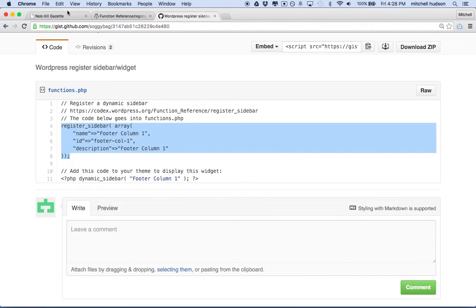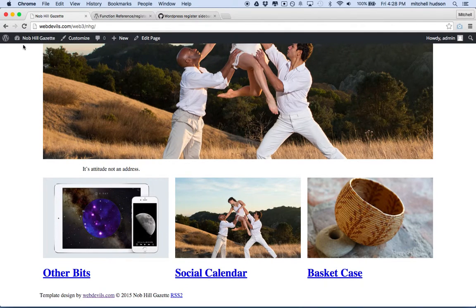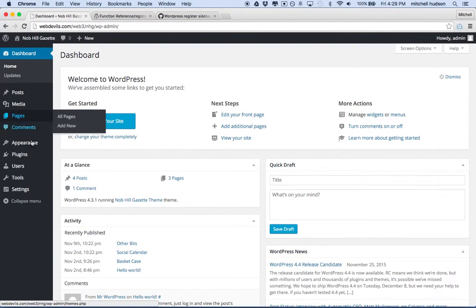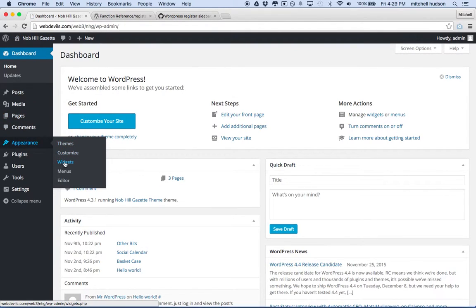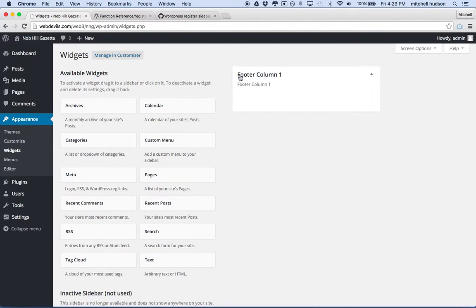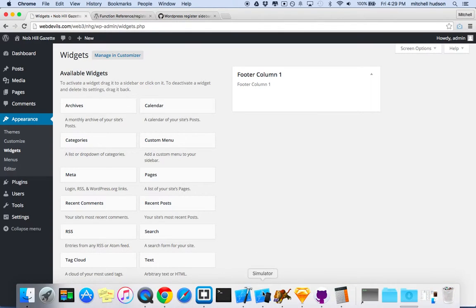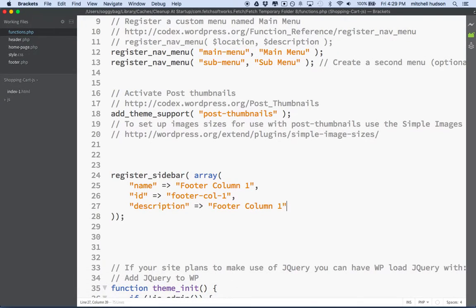So anyway, we've got that, and once I save it, I go back to my site here, and what I'll do is go to the admin panel, and now in the admin panel, you should see an option for widgets, right? And when I click on widgets here, you'll see it says footer column 1, and then it says footer column 1. Well, what are we seeing here? What we're seeing is